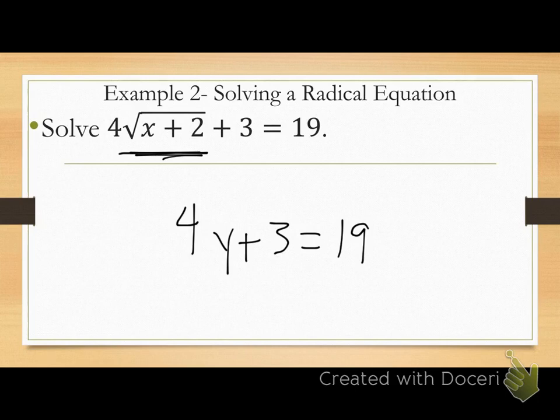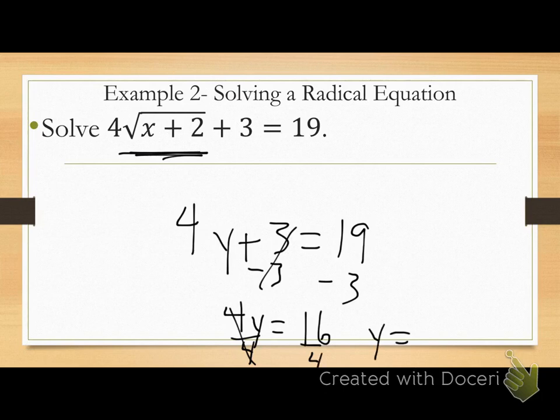How would I get y by itself? What would be my first step? Subtract 3, right? So I'd get 4y equals, what's 19 minus 3? 16. And what would be my next step to get y by itself? Divide by 4. So what would y equal? 4. But it's not y, is it? It's my radical expression. So I would get the square root of x plus 2